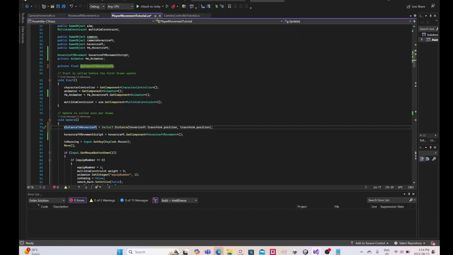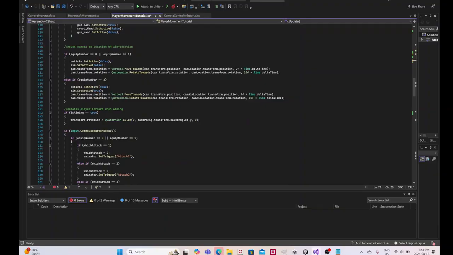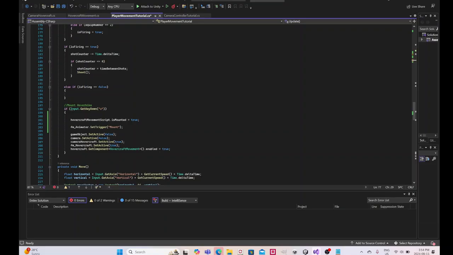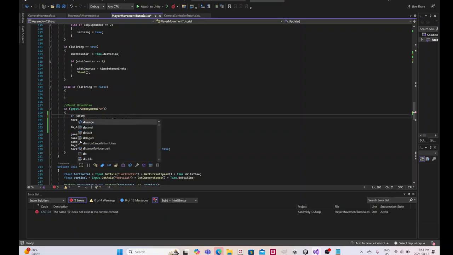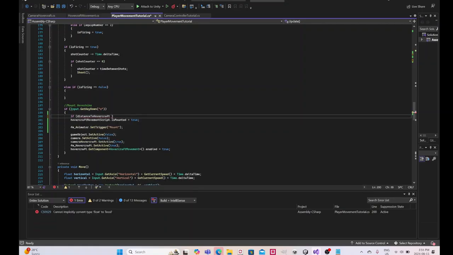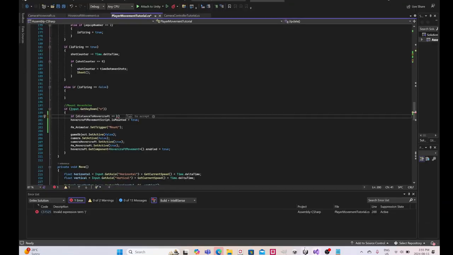Okay, so when the Z button is pressed, if distance to hovercraft is smaller or equal to